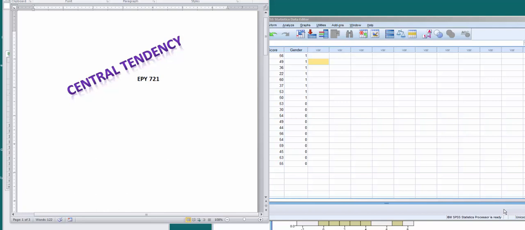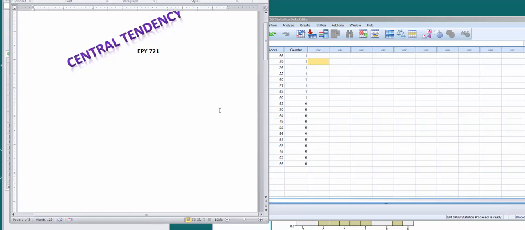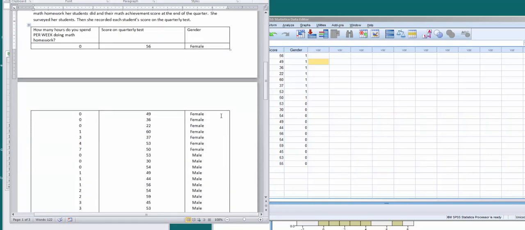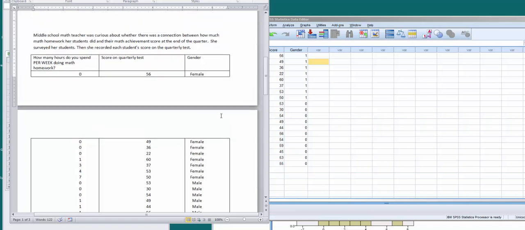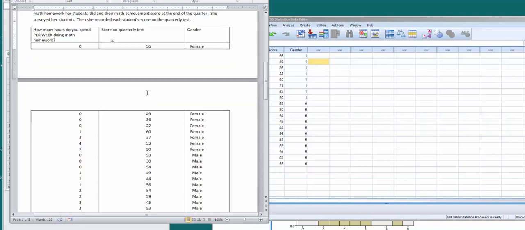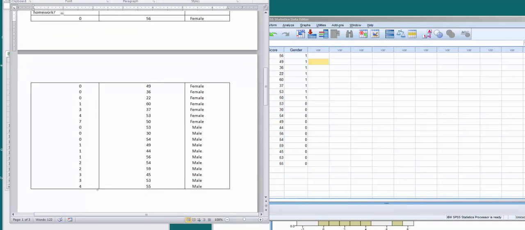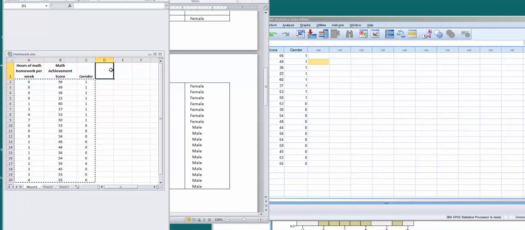Okay, let's have a look at how to work with SPSS to find measures of central tendency. You'll remember that I gave a kind of silly example of a teacher who wanted to see if there was a relationship between the hours of homework and scores on the math test. And so this teacher had created a spreadsheet,